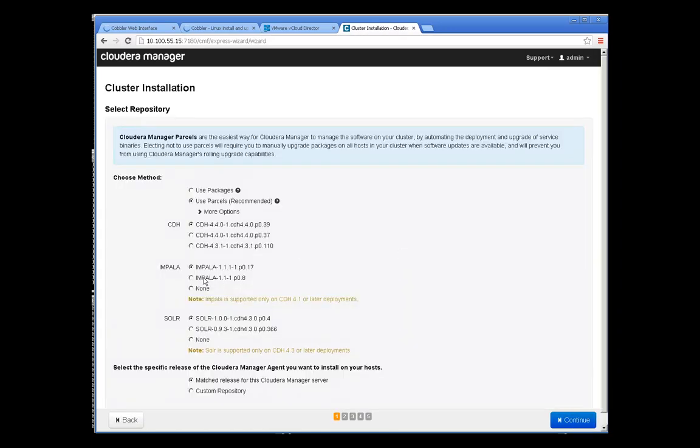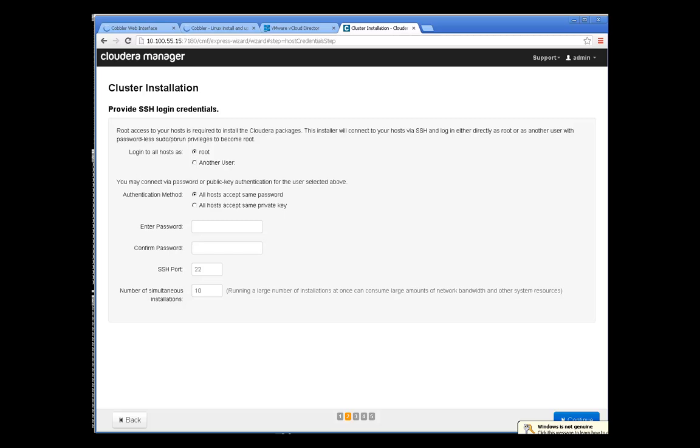We'll hit continue. We're going to install most of the package. We're not going to do Impala, just straight CDH. Get rid of our little message there. Alright, so we have